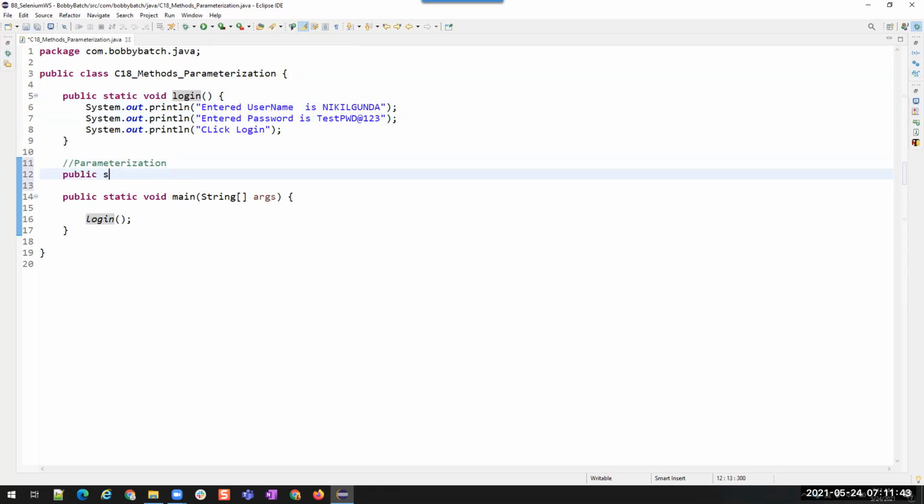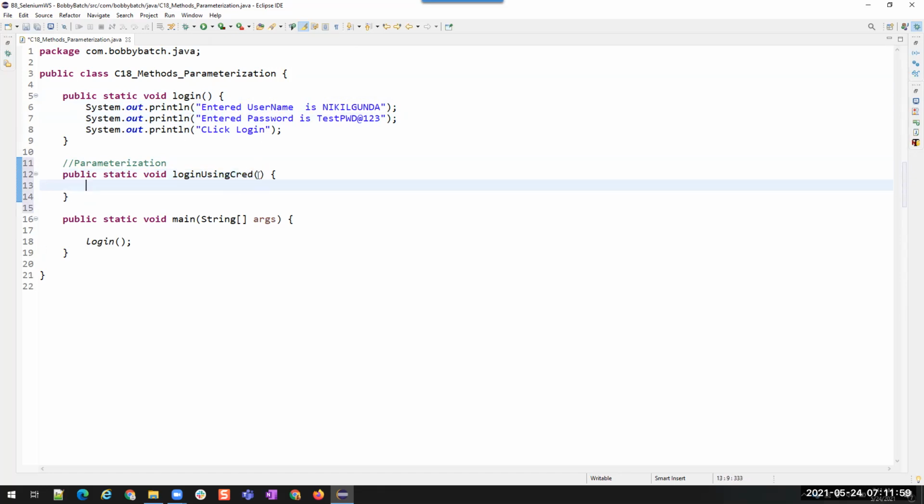I'm going to create another method. Static void loginUsingCredentials. And what are the things that I want? I want the username and the password.